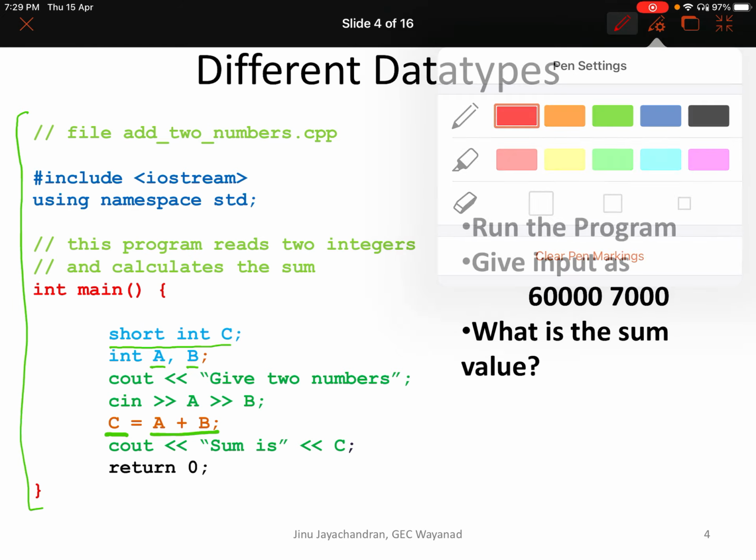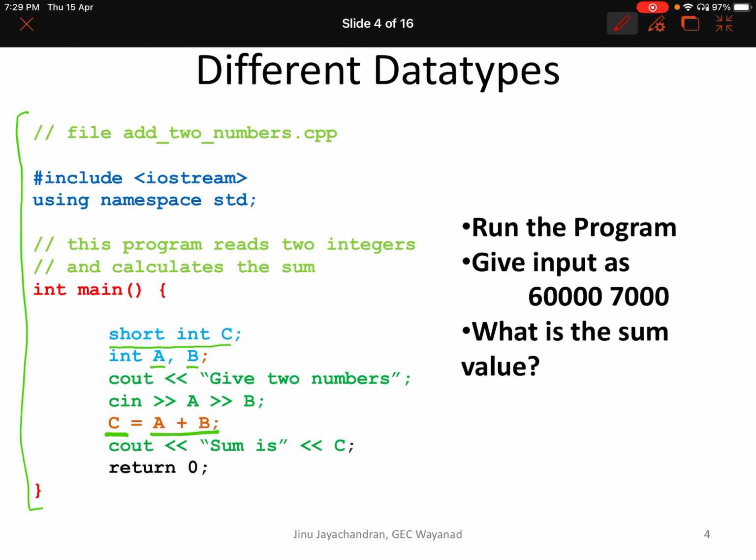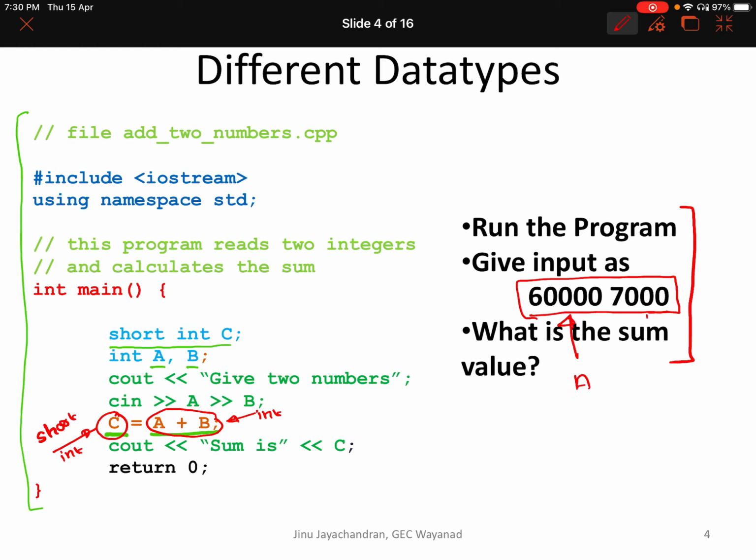And now you see that c has a different data type, which is short, and b has a different data type, which is int. Will there be any problem when you do this statement? Actually, you could try this statement by giving the input as follows. You give a is equal to 60,000 and b is equal to 7,000 and try to print the value of c, and you will get to know the difference.